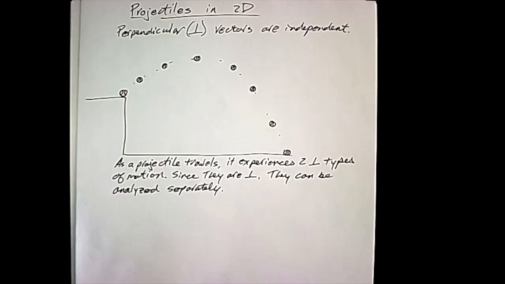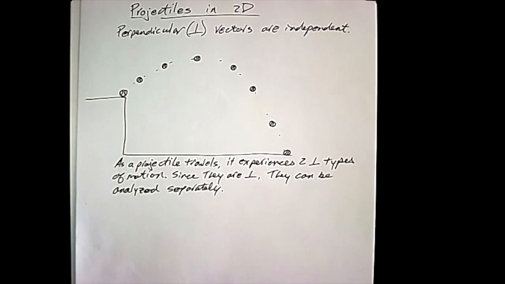Here we have a ball launched from a cliff. It goes up in the air, comes back down, and lands on the ground well below where it started. As a projectile travels, it experiences 2 perpendicular types of motion. Since they are perpendicular, they can be analyzed separately. And we're going to look at the analysis separately, and then we're going to tie them together. And then later this week, the rest of this week, we're going to do a lab that puts all of